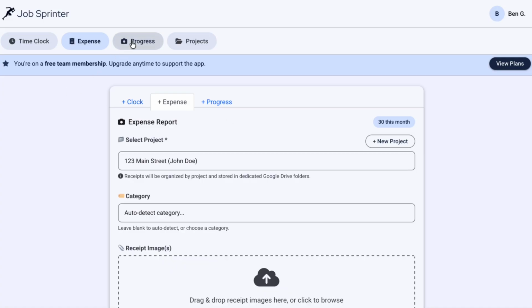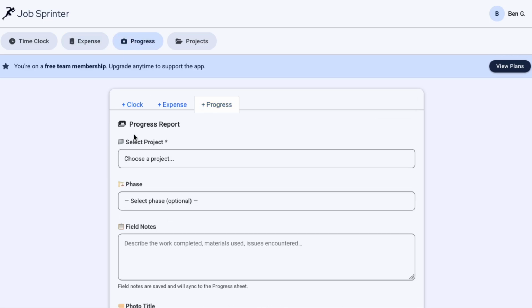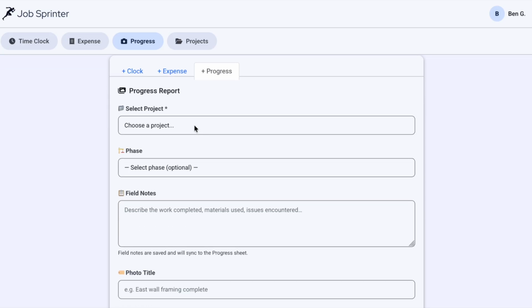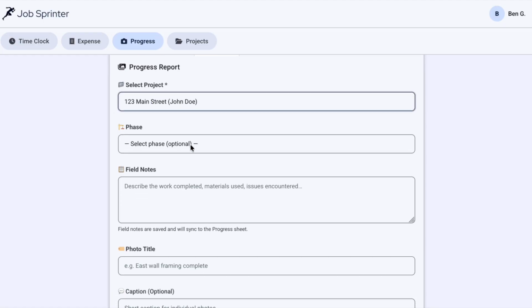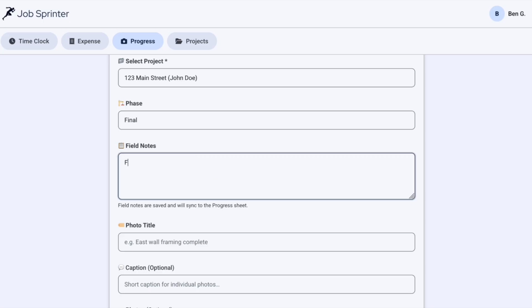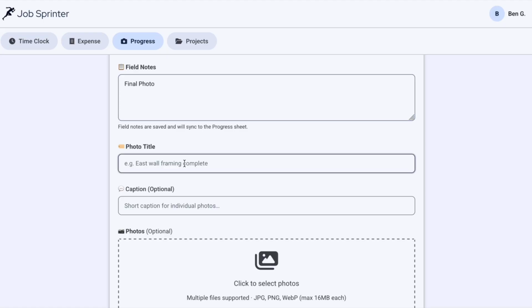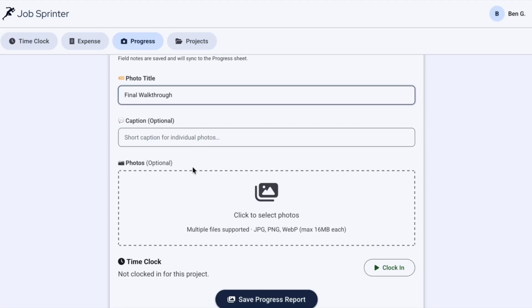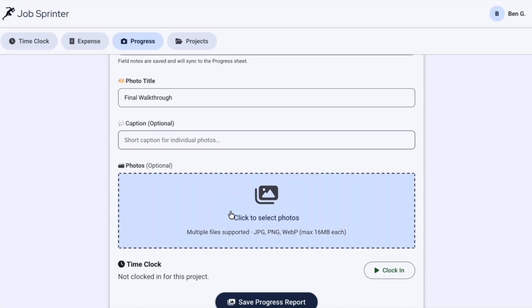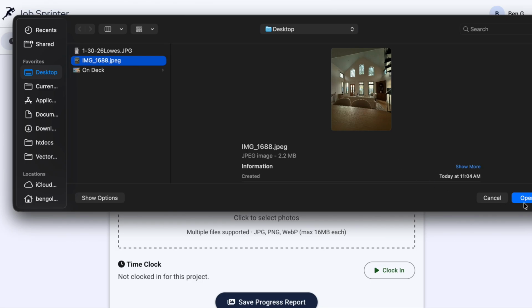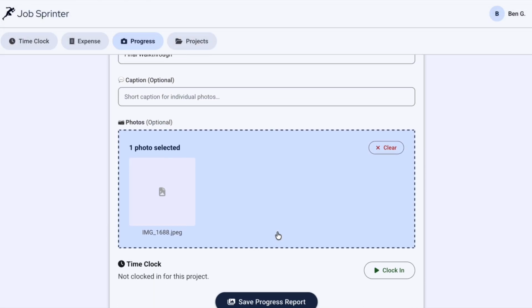We can also create progress reports. So again, if you're in the field, you can use your phone's camera as opposed to uploading, but on the desktop you upload the photo. So we'll choose our project. We'll call this final photo, or any other notes that you may have, the title, final walkthrough, captions optional. Here I'm going to grab this image, drop this image in here, and